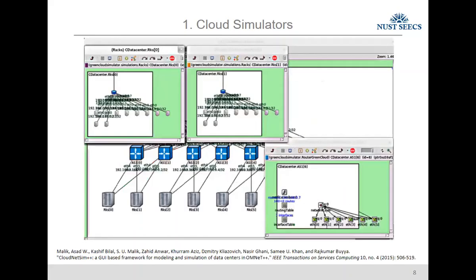So this is the interface of our simulator. This is the rack, and at the top of it are the top of the rack switches, and then we have some of the compute nodes connected with this switch. This is the aggregate switch, and these are the racks. This is a further exploration of this rack, and then this is the network layer, which has multiple connections coming from this rack, and then the top of this layer.